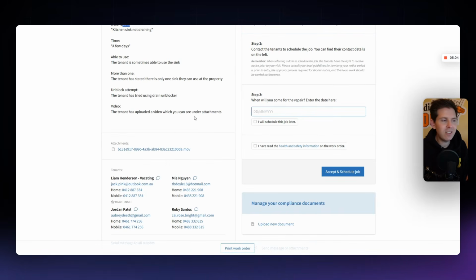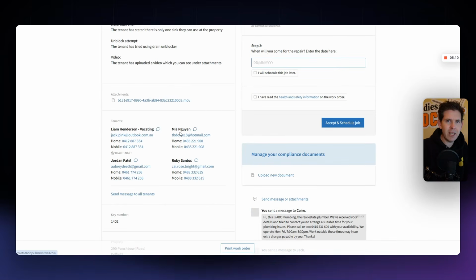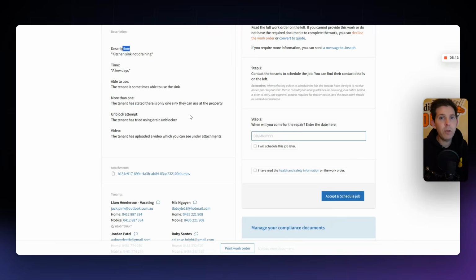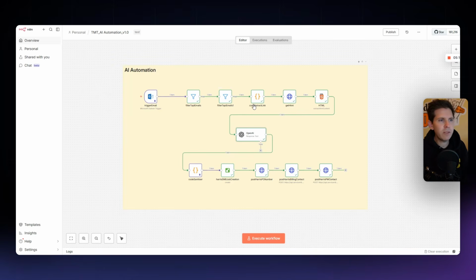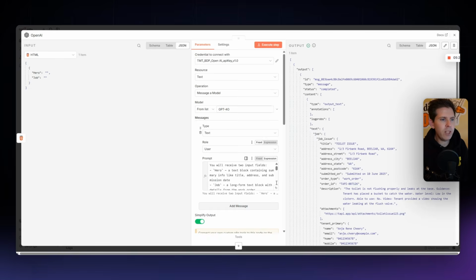A lot of the agencies will, instead of having a picture where it's meant to be an attachment, put it in the body here. They'll put some of the tenants in weird places. So that's why we use AI. Coming back to the automation, it will scrape everything out and then add it into this agent, and we give it a prompt,